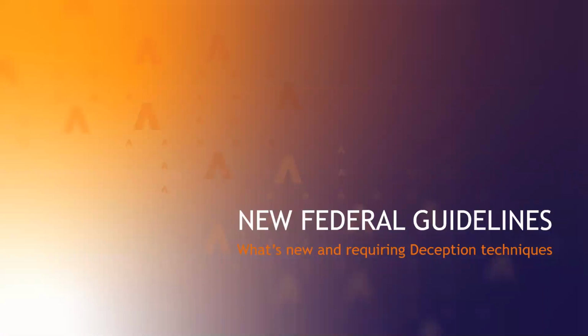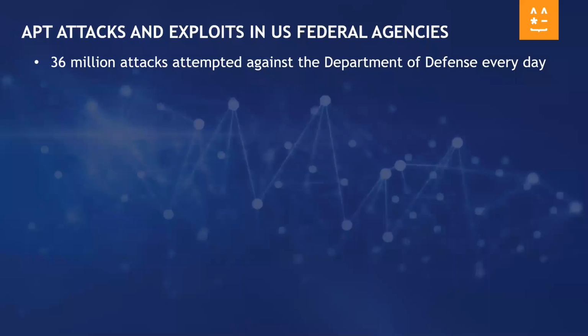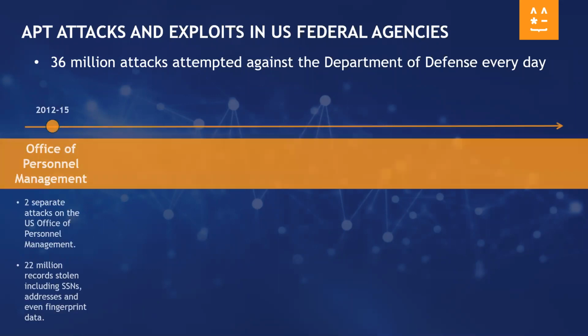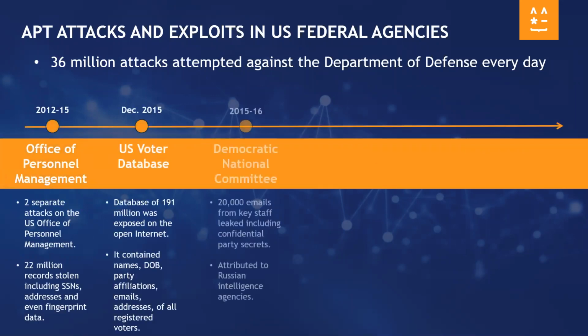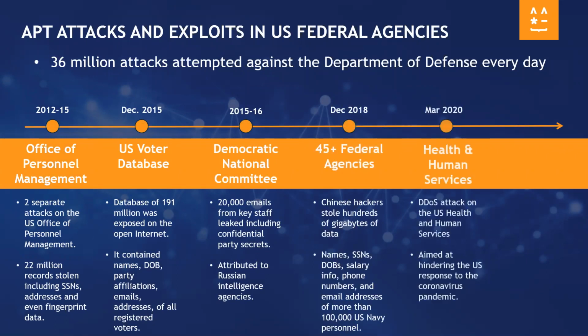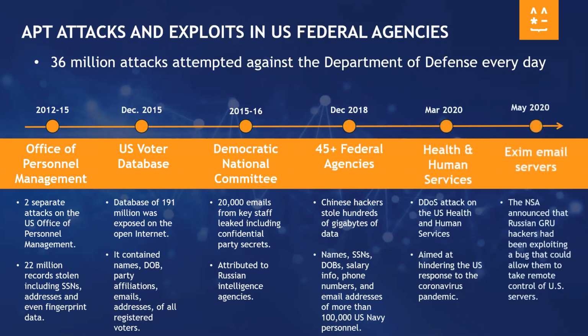So getting right into it, we do have new guidelines, and they're really driven by advanced persistent threat attacks and exploits against the U.S. federal government domain, .mil and .gov, and there's millions of attacks daily, and there's certainly a history of major exploits and breaches. And most recently, even in today's news with APT 29, Cozy Bear really targeting vaccine research data. So there's definitely a driver for new requirements.